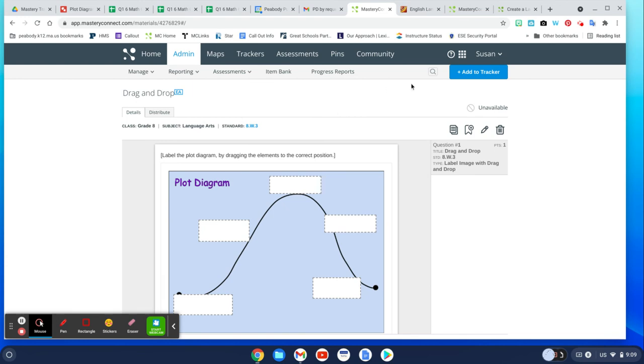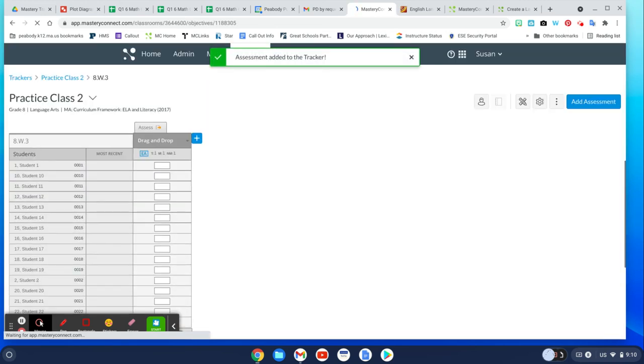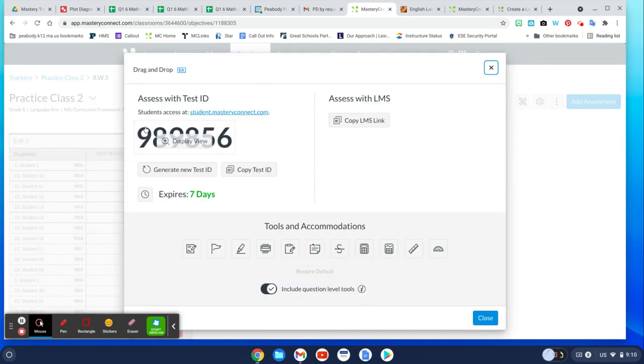And in order to take this, I want to add it to a tracker. I'm going to show you what it looks like on the student side. So I think I'm going to add it to practice class 2. And that class tracker will come up. I'll just go right ahead and assess it. And I think I'm going to make myself student 0001 when I take this. So I'm going to copy the test ID, and I'm 0001. I'm going to go into